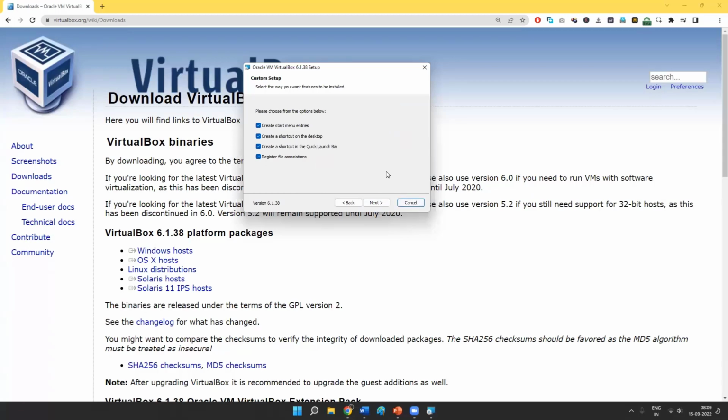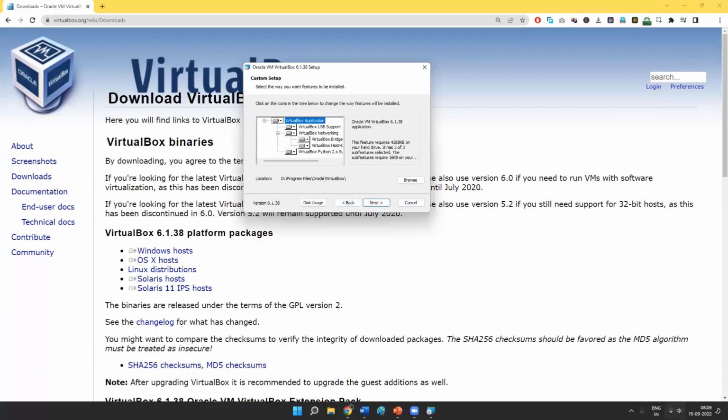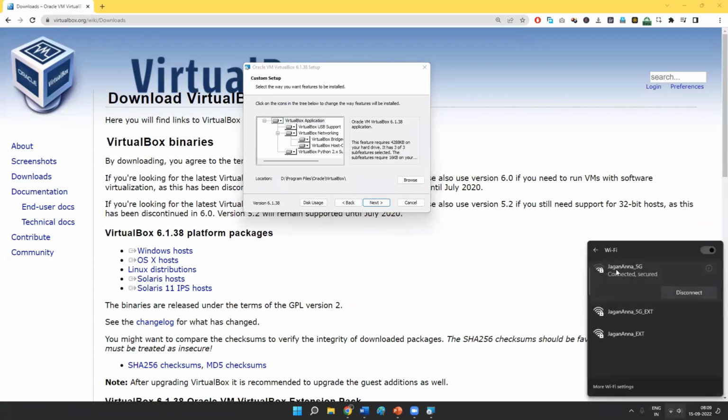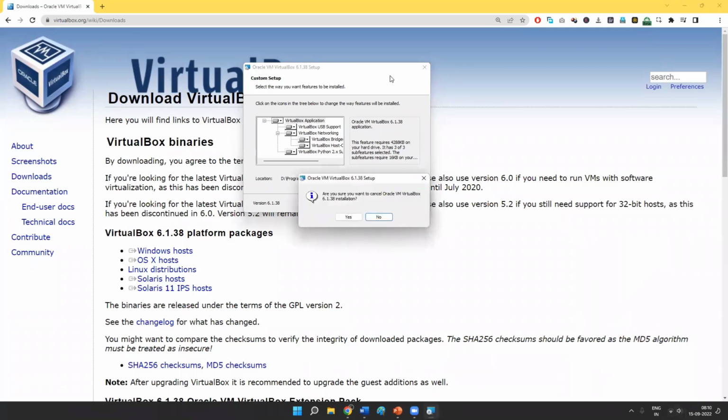I'm not going to do that because it's going to reset your network. For me, this is my Wi-Fi network. Similarly, you'll have a local network or Wi-Fi network. VirtualBox will go ahead and create a virtual network card based on the network card that we already have. Once that's done,